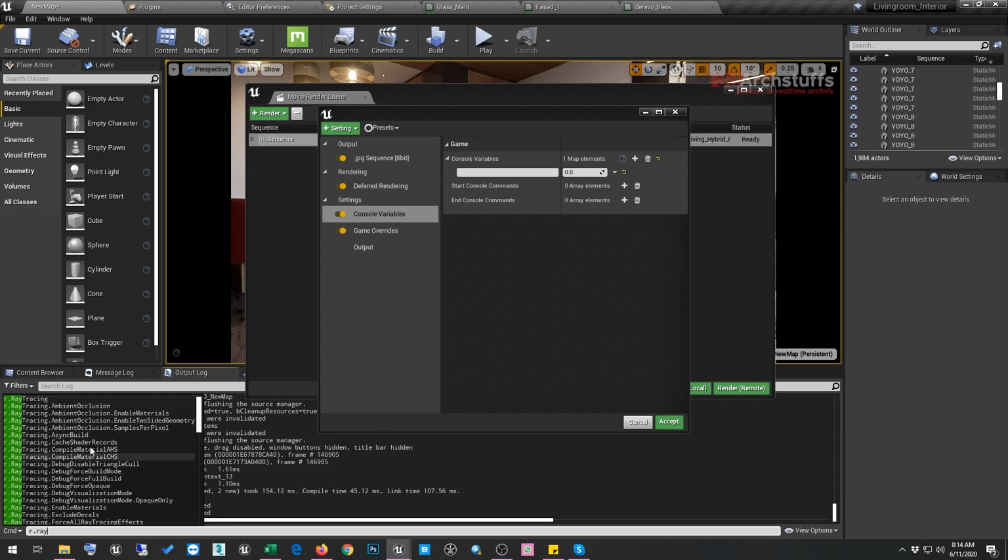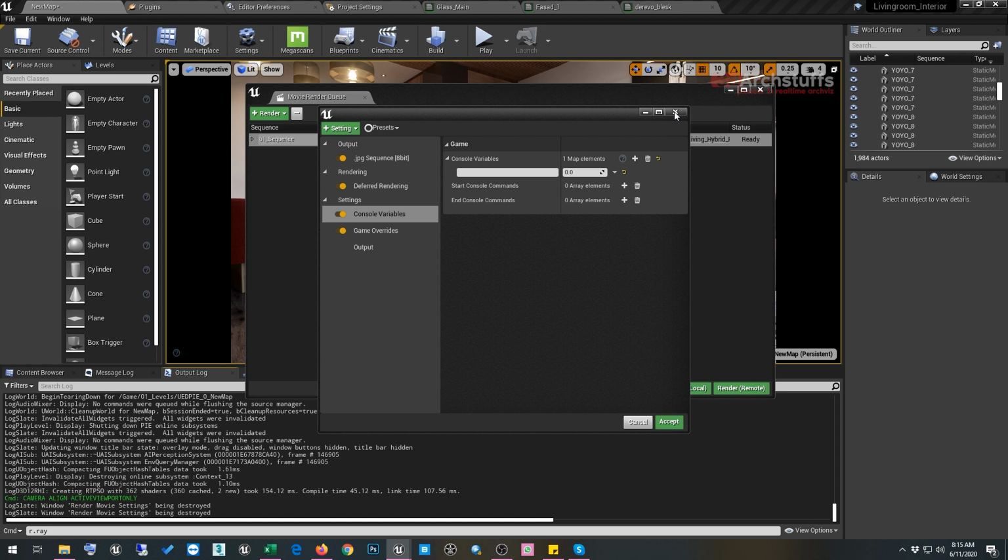We will be selecting a few of the perfect commands to render our cinematic video, and we'll give those commands here one by one in chronological order, and then render the cinematic to get the best quality possible. That is only possible with the help of these console variables, which are present in the console, and we'll give them and tweak them accordingly. I will show what commands you need to give here in console variables to get the perfect result possible.